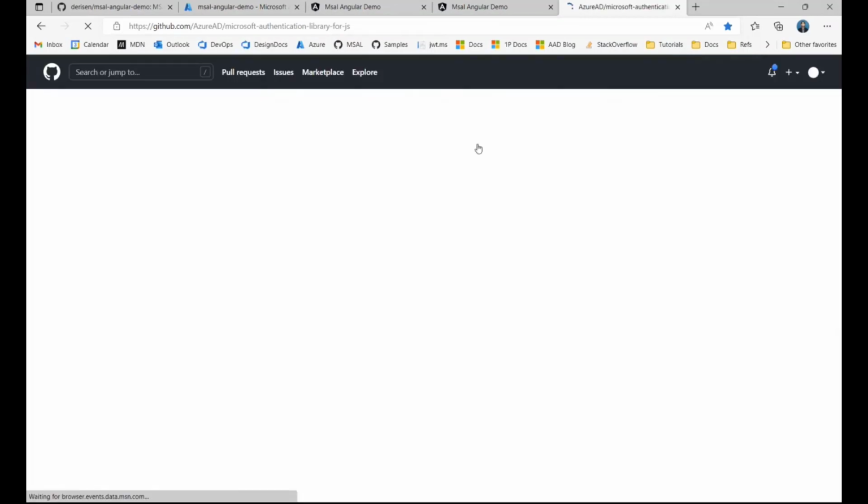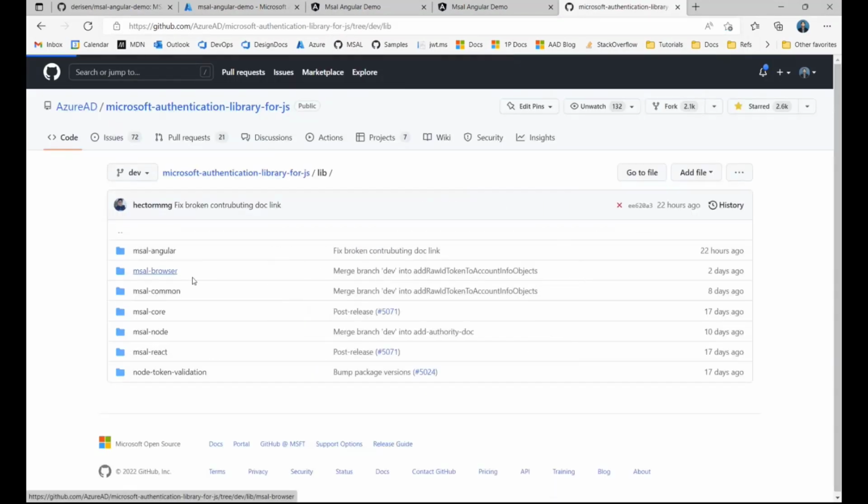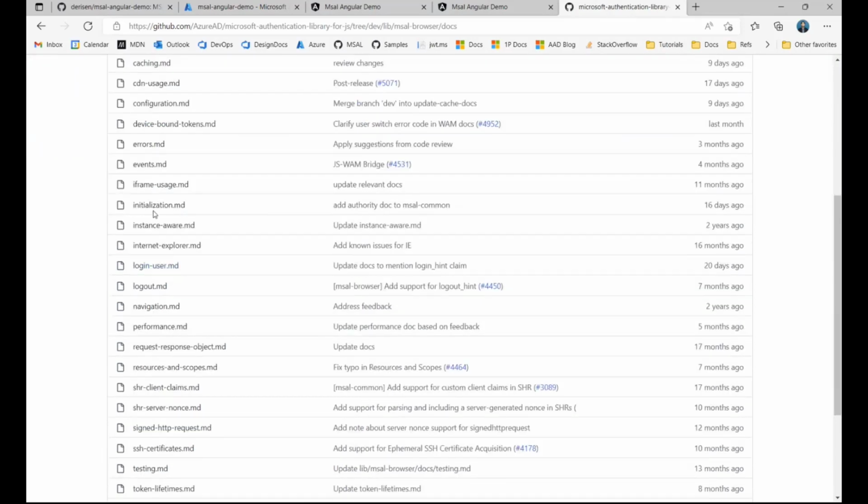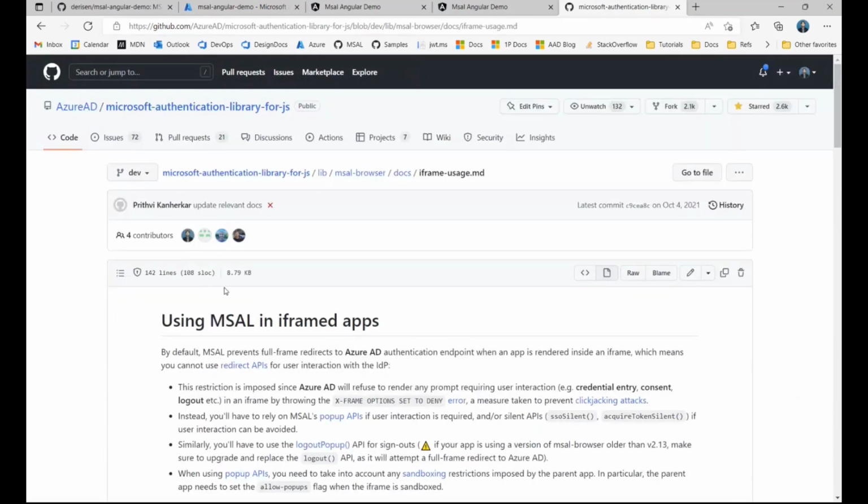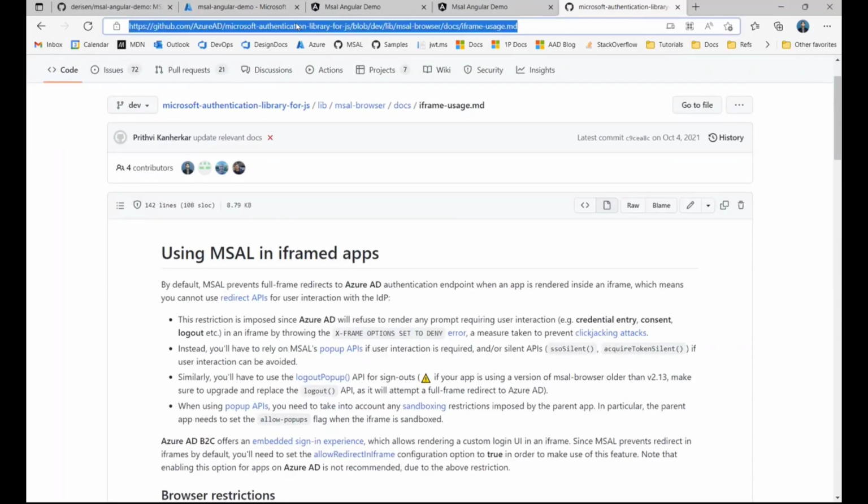Yeah, thank you. The next question is from Abdul Qadir: can the pop-up or redirect work inside an iframe? Okay, so this is a tricky aspect. Most of the time, authentication in an iframe is possible, but you'll have to have an additional configuration for MSAL. I would recommend checking out our iframe documentation, and let me show you where it is. And that should answer most of your questions. Can you copy paste this into the chat window, please?